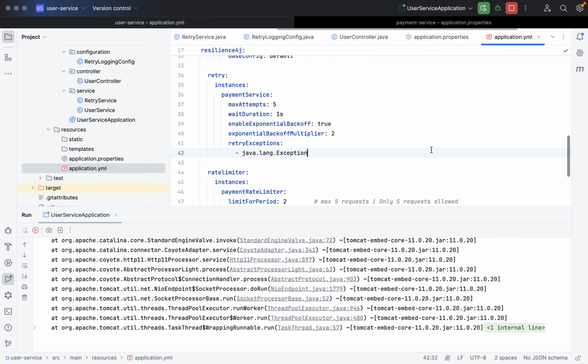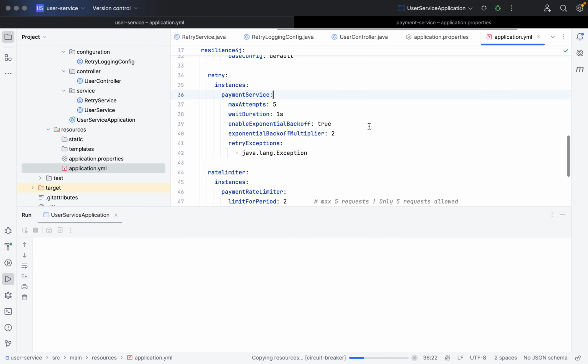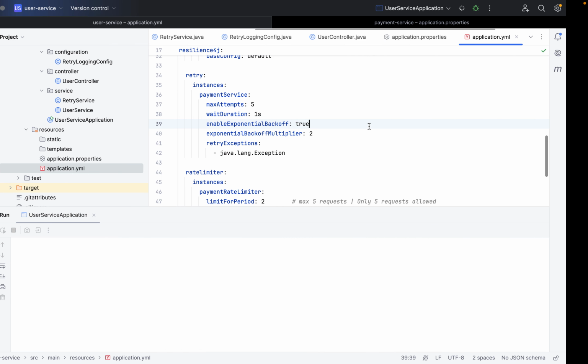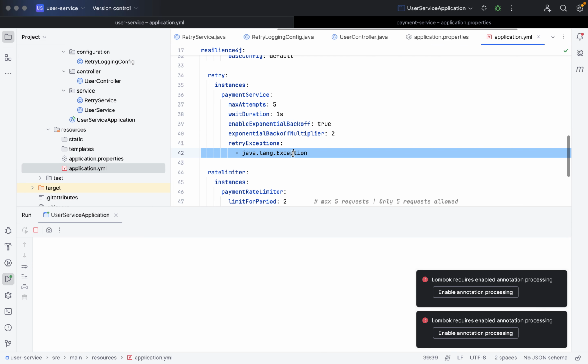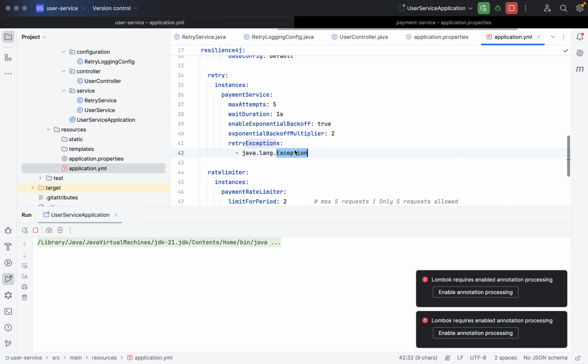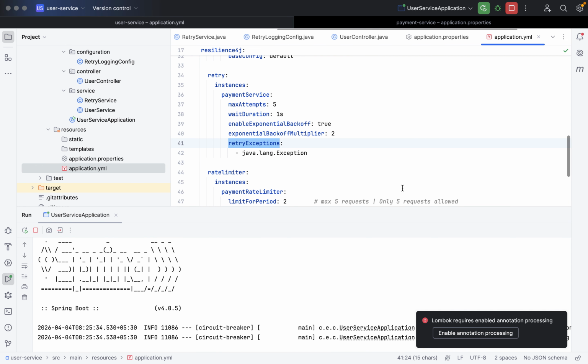So just let me try the configuration again. Starting the server. This exception should match, actually the thrown exception should be declared here in retry exceptions. Only if the exceptions are matching, then retry would try.